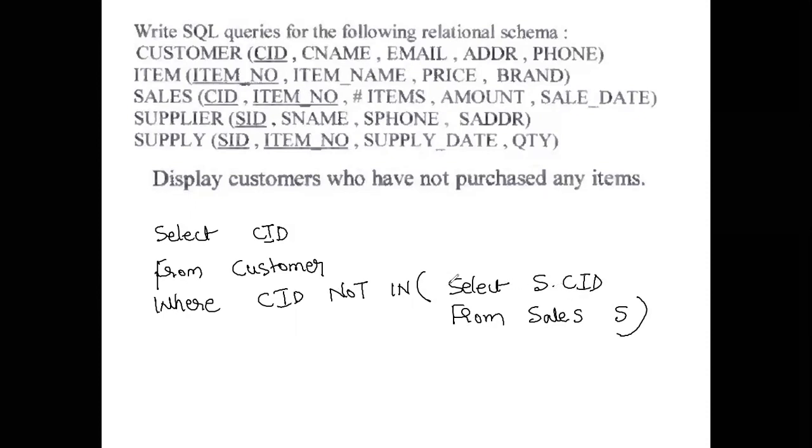So like this. So why have we used an alias over here? Because the CID inside and the CID that is present outside get collided, so it will be treated as a correlated nested query. In order to avoid that, we can put the aliases, right? So the alternate way of writing this query is select CID from customer where CID not in. So a set minus operation can be performed in two different ways. Okay.